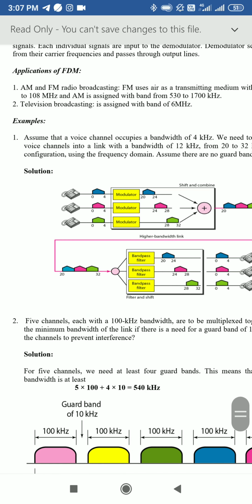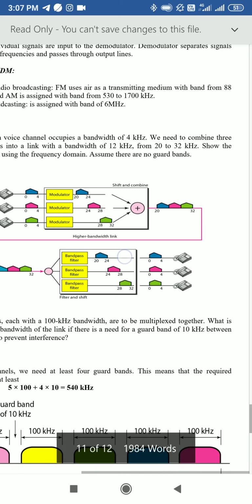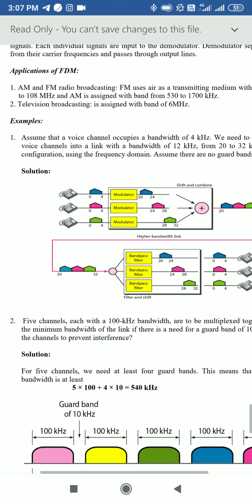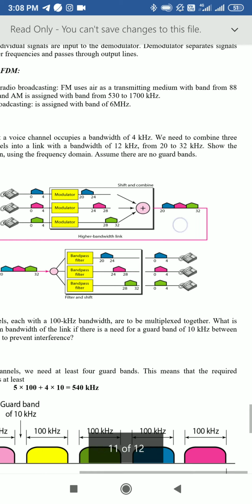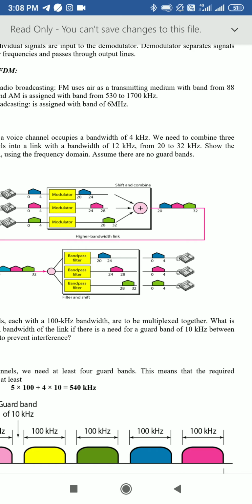In the example they have given, a voice channel occupies a bandwidth of 4 kilohertz. So the input is of the type voice channel, and its bandwidth is 4 kilohertz. We need to combine 3 voice channels into a link. The meaning is a single link is divided into 3 channels with a bandwidth of 12 kilohertz. So the bandwidth of the link is 12 kilohertz, and it should start from 20 kilohertz and it should end